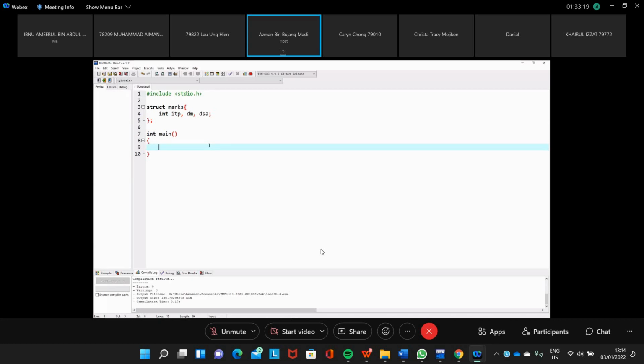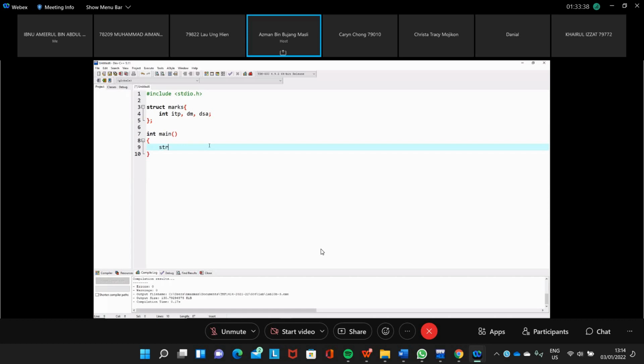So what we have here, we need to declare one variable of type struct marks, and then we get the marks for one student, and then we can write this mark to the file.